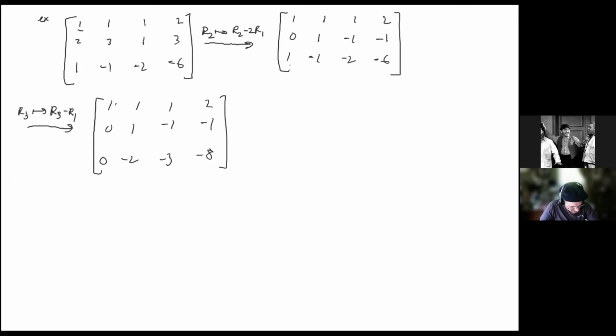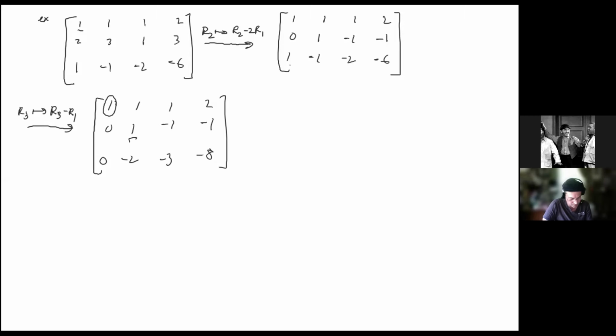There's only one non-zero entry in that column. I'm circling the pivot location. Okay, so now I cover the matrix, I cover the first row, and then I want to apply the same algorithm. So I look after covering the first row, which I cannot seem to do with my whiteboard. I identify the first non-zero column of the submatrix, which will be the second column, right? So I'm going to identify that's going to be the pivot location